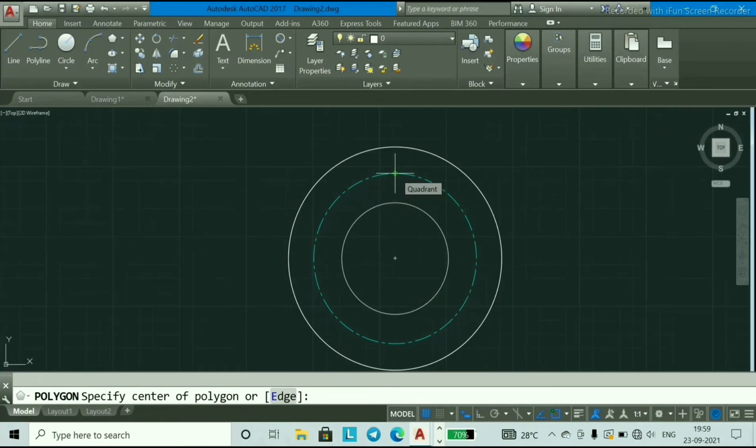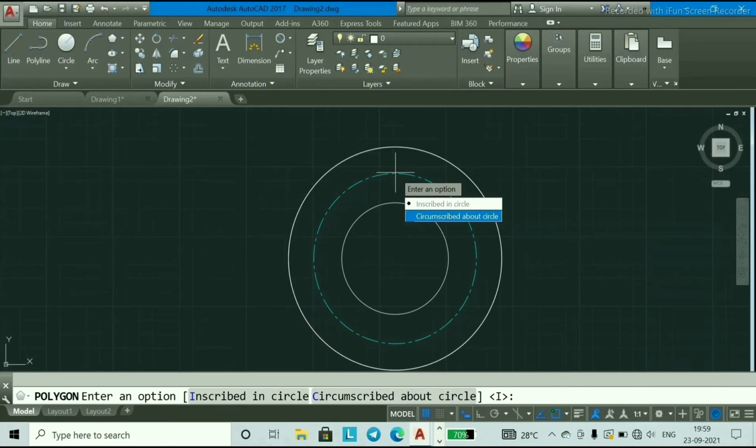And select this center point, and here enter an option like inscribed circle or circumscribed circle. Inscribed circle means the circle which is created inside the hexagon, on the center point of the hexagon. Circumscribed means it will create the circle outside the hexagon points.